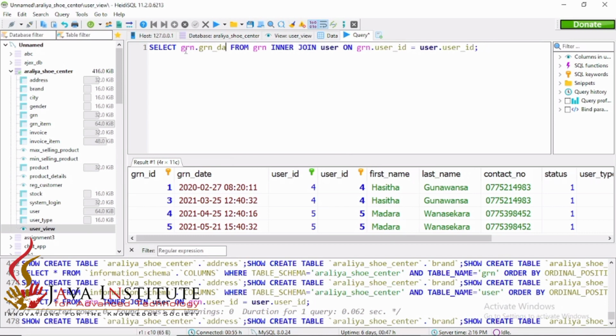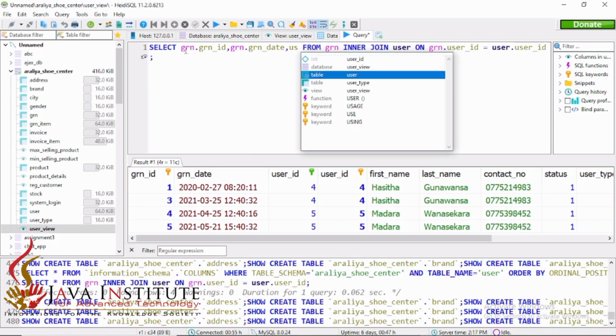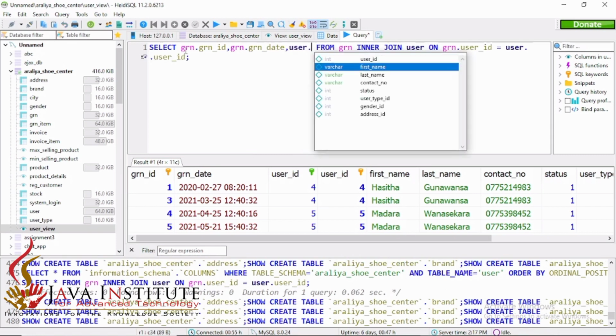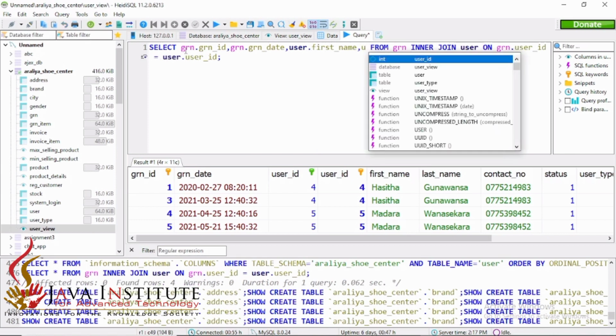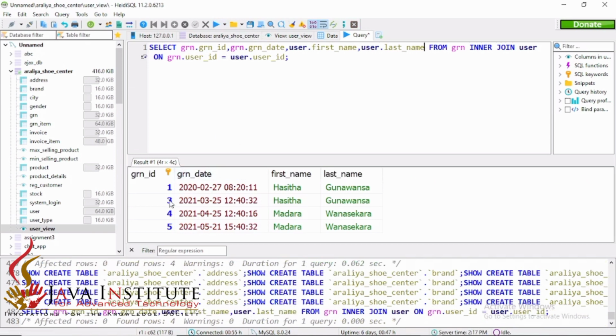So first of all I'm going to give this GRN ID and then GRN date, and then user table's first name and the related user's second name, that means the last name. Okay, so after that I'm going to execute this. So you can see the GRN ID, date and the first name and the last name of the users have been included here in this result set area.